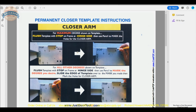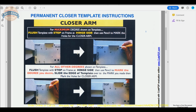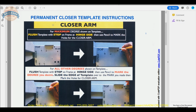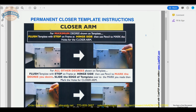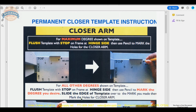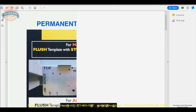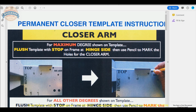Okay, so now looking at the included paperwork, when it comes to the installation, this first page is really a reference to a closer arm in a parallel arm fashion type mount. They're obviously showing us the underside of the header here, where you're going to mount a parallel arm bracket. Having looked at this manufacturer's installation instructions in the past and cross-referenced it against my understanding of how door closers are installed, the easiest way to proceed with these folks is to simply